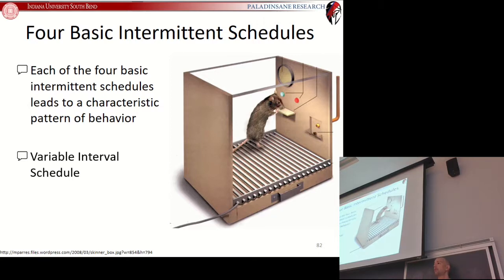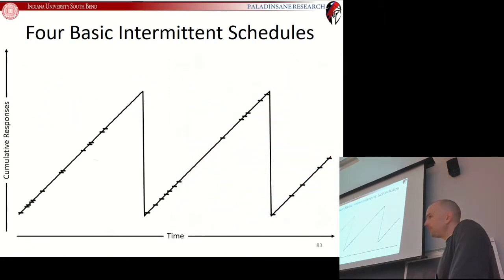But they importantly don't know if the interval they're currently in will last 40 seconds, or will it last 2 seconds, or has it already expired? They have no idea. So what this variable interval schedule of reinforcement leads to is this type of behavior here. So we can tell that this is a variable interval